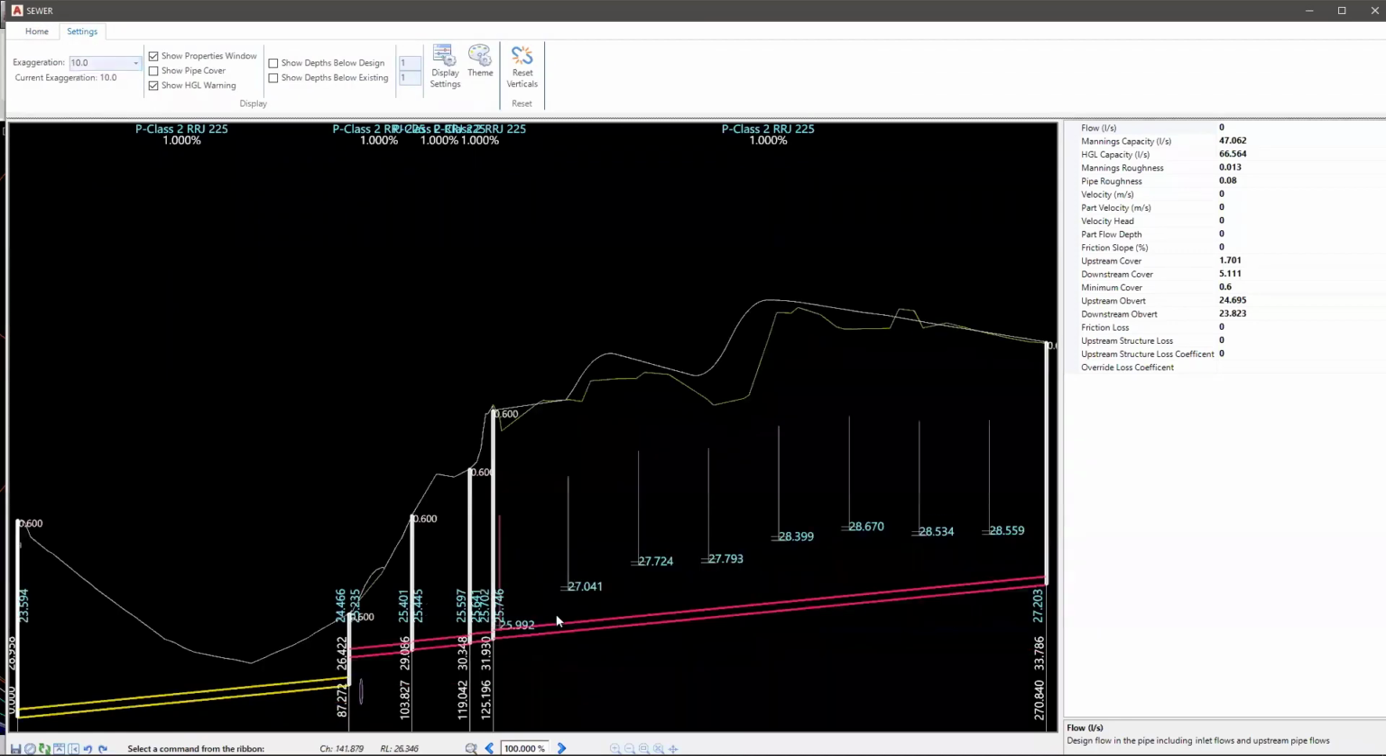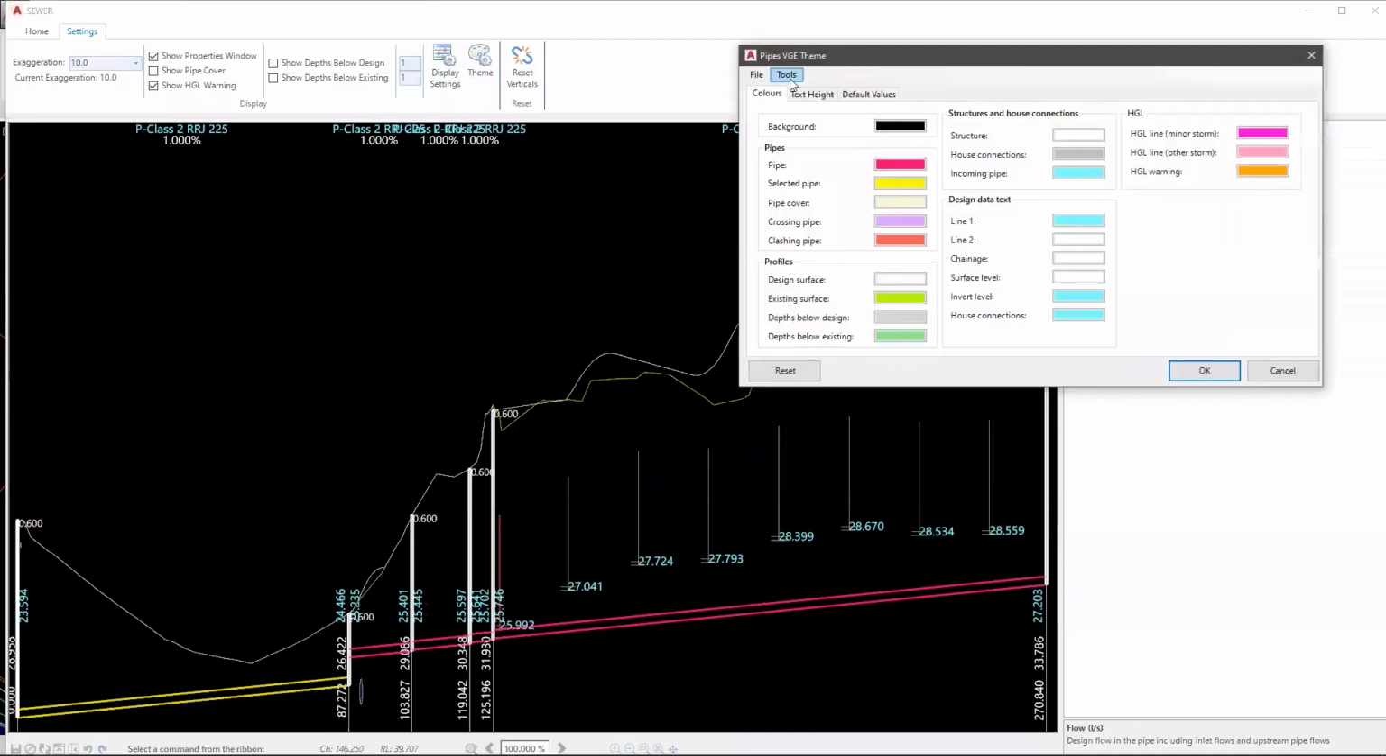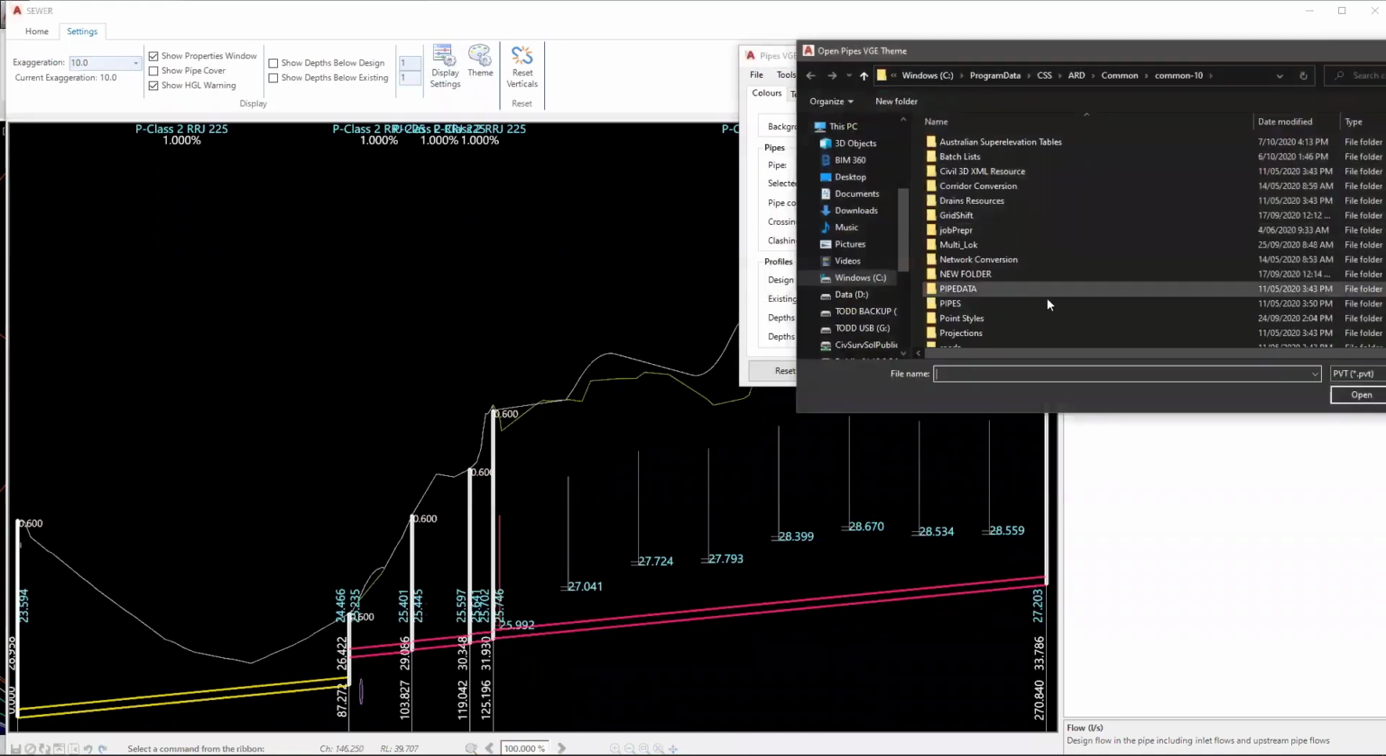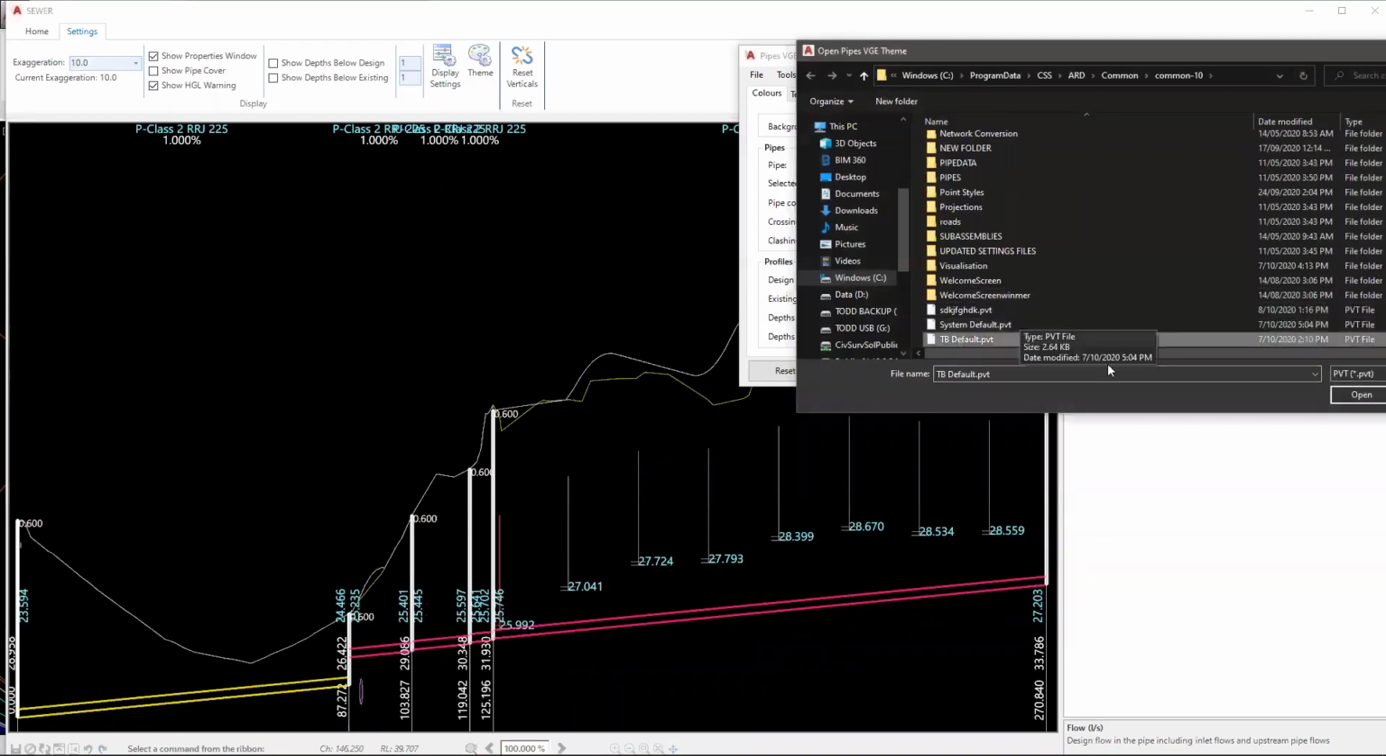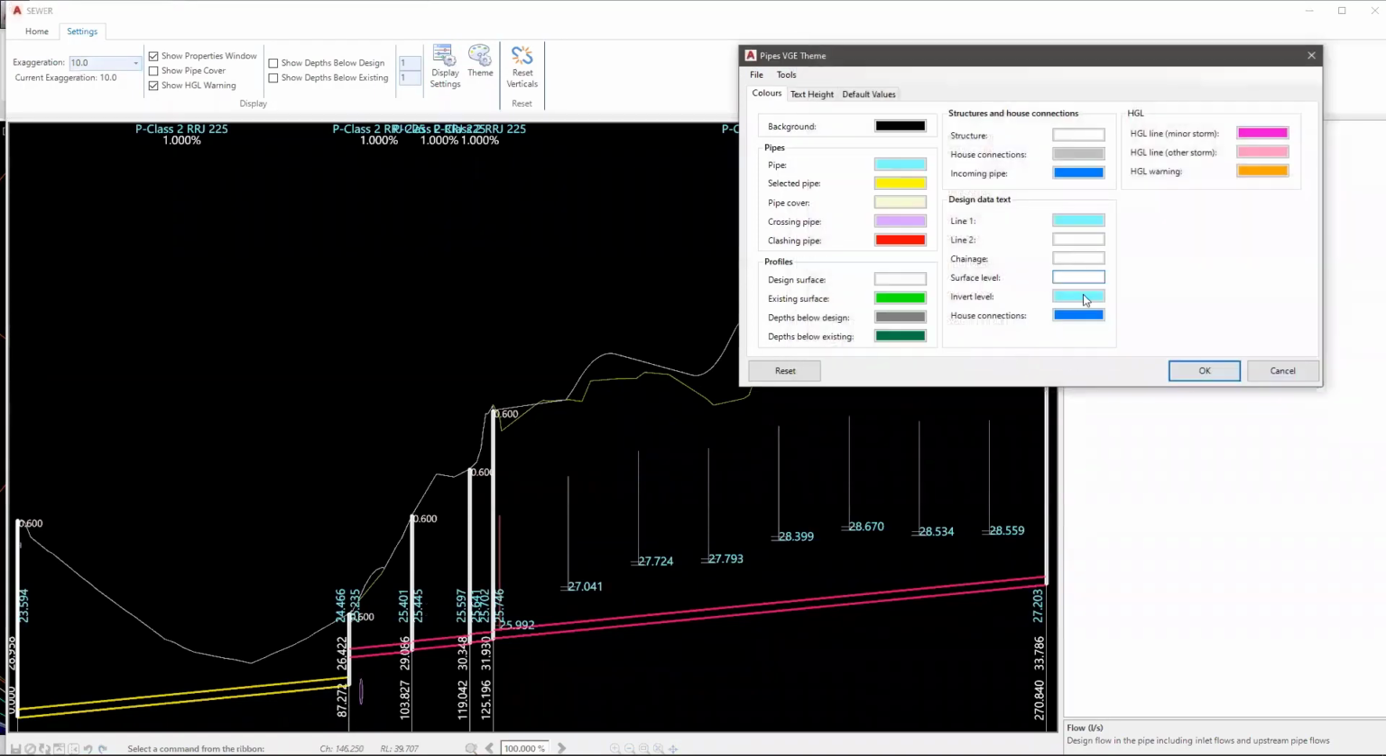The display controls actually extend right through to not only the current pipes, but also to things like the house connections, which this sewer network has connected to. And you can actually apply a theme that you've set quite easily. You can come in and I've actually got a theme in here that I want to use. I've set it up, called it my default. And when I apply this theme,